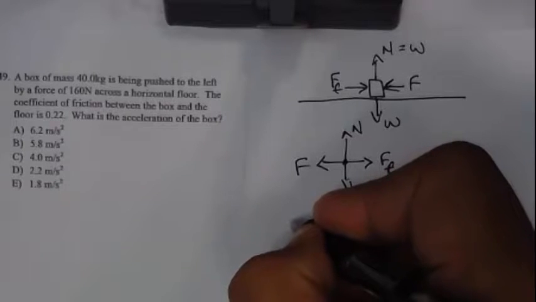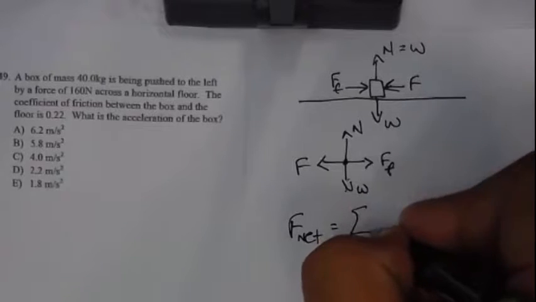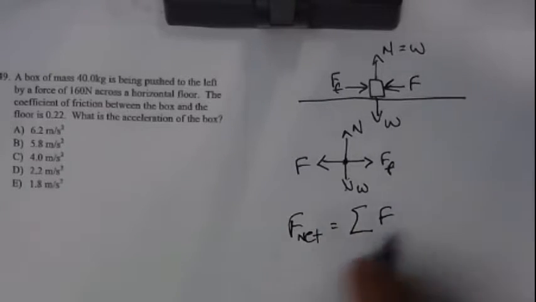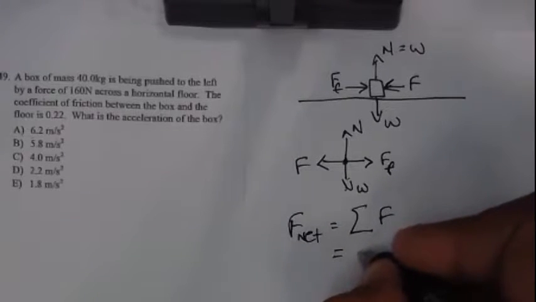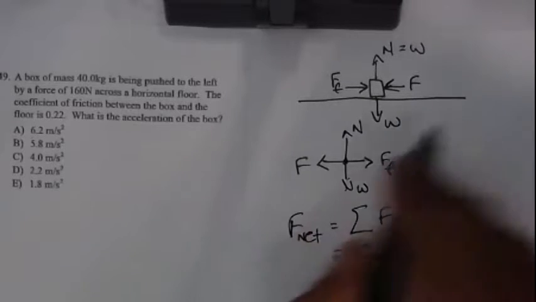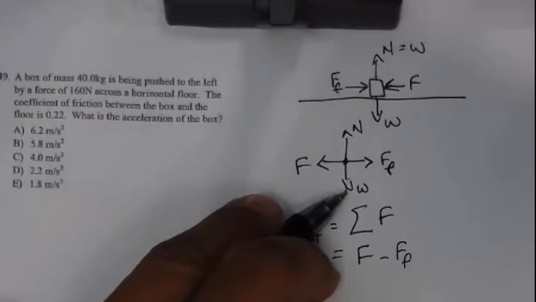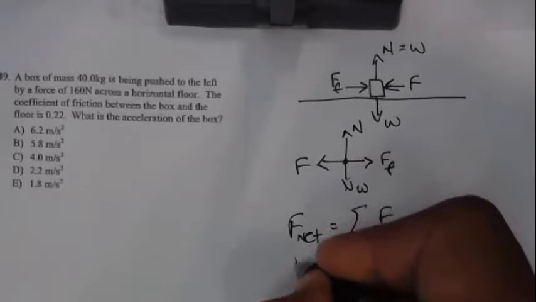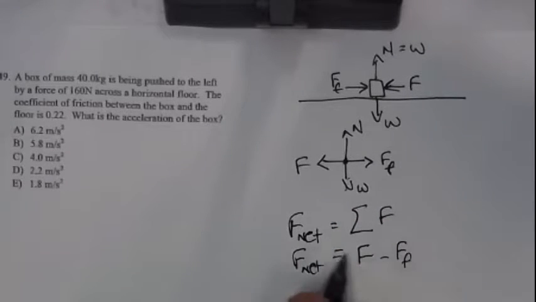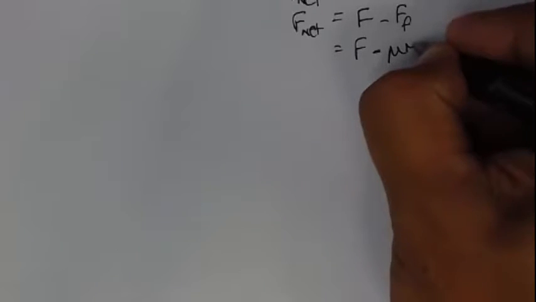The acceleration of the box is due to the net force on the box. The net force is equal to the sum of all the forces on the box. And this actually ends up reducing to just the force applied to the box minus the force of friction, because the normal force directly opposes the weight and the box isn't accelerating in that direction. So F net is equal to the force minus the force of friction. If we expand that, we see that that's F minus mu m g,